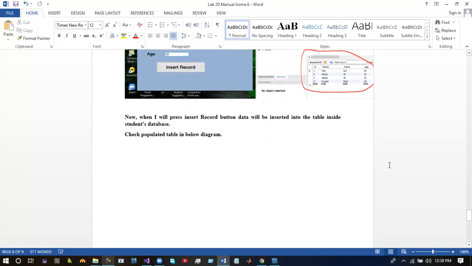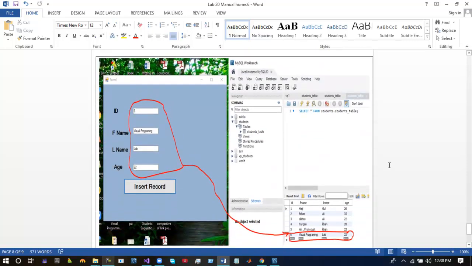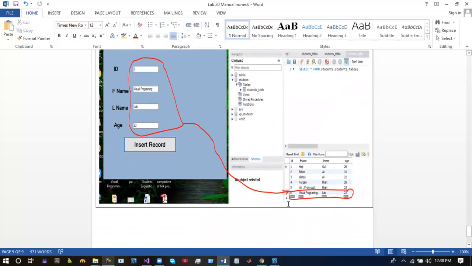We will insert them in the next section. I have included the 5th record and 6th record. This is the last name, 5th is ID and this is age. The 6th record is this record I have included in this snap, and this is the execution of our project.